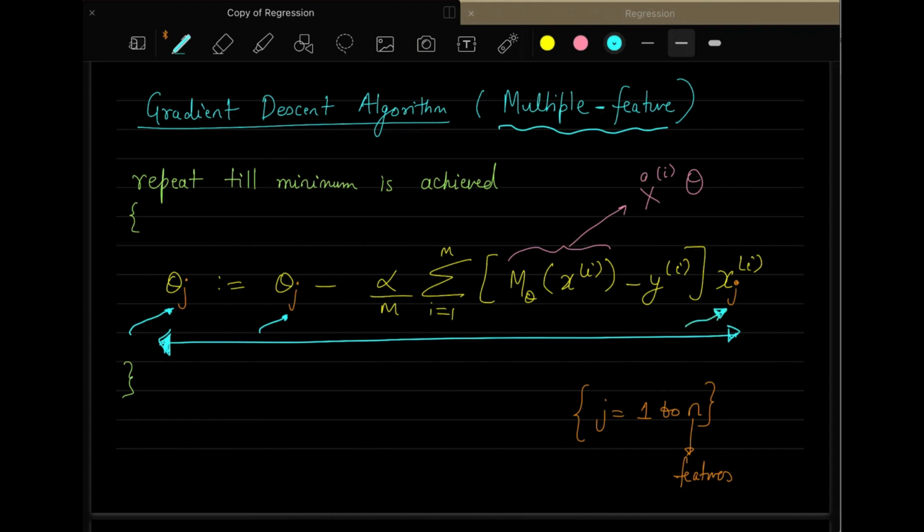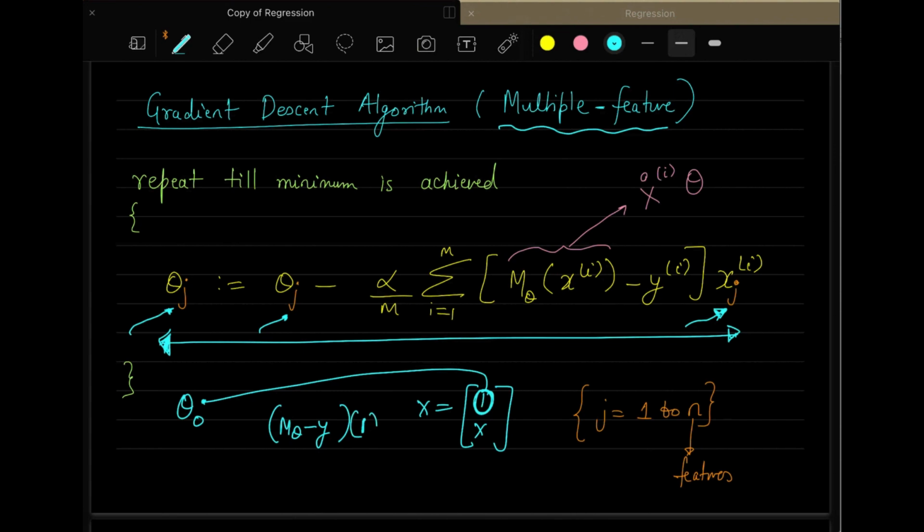So in the case of theta 0, when you were updating it with a single feature, x was 1. That's why when you were multiplying with (h_theta(x) minus y), you simply had 1 here. But when you were updating theta 1, it was (h_theta(x) minus y), then you had x here, and this one was coming because of the single feature that you had, so that came to this side.